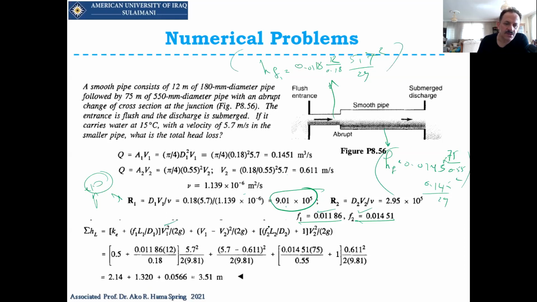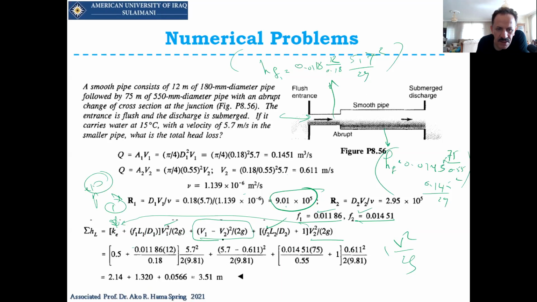We have these two. Now, what else do I have to find? I have to find the entrance loss. The entrance loss will be considered as K1 V squared over 2g, where K1 is the coefficient of entrance, multiplied by V squared over 2g. And also there will be another one, the second one.